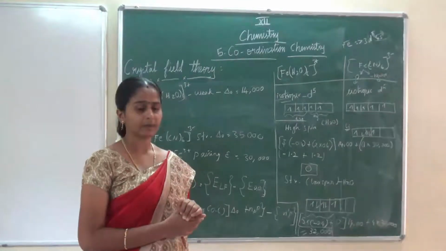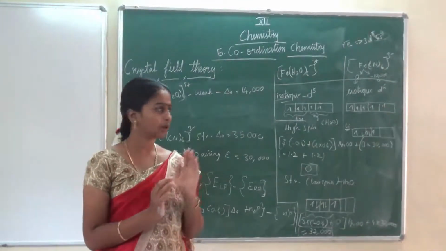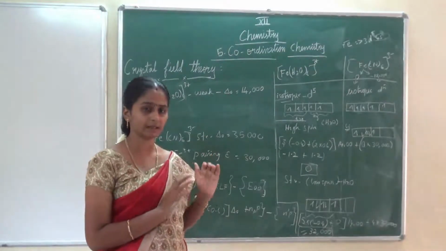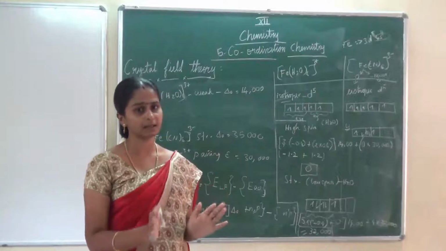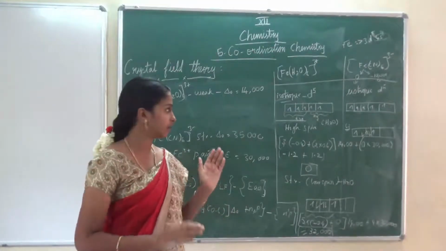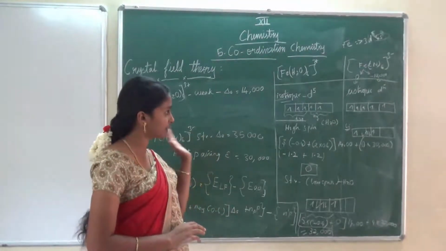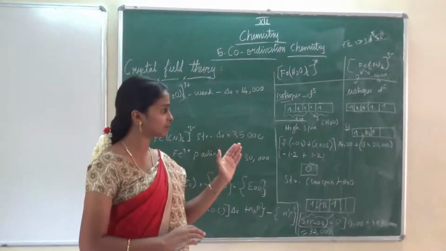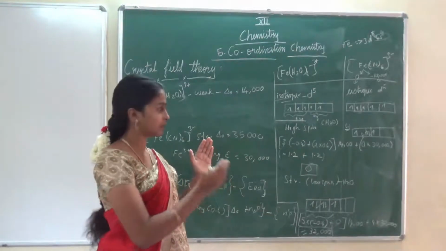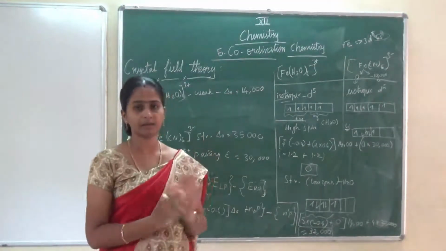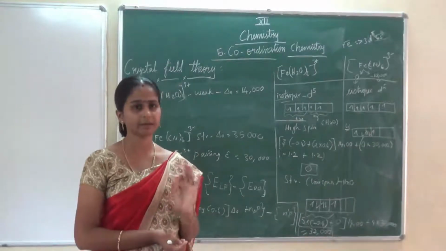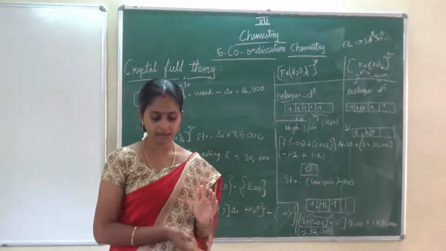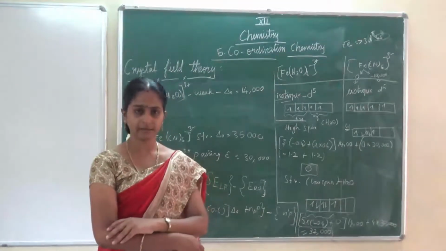Okay children, it is a very simple concept: where the electrons are entering, whether all 5 electrons enter in T2g itself, or in T2g and Eg. If it is a weak field, then electrons will enter all the 5 orbitals. If it is a strong field, that is a low spin complex, it will pair, so the electrons will enter the T2g orbital. That's all, a very simple concept. Now just go through it, work it out and see. It is in your book. They will ask it as a 5-mark question.